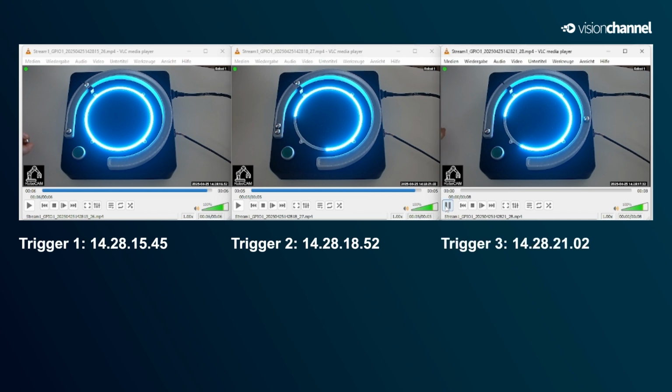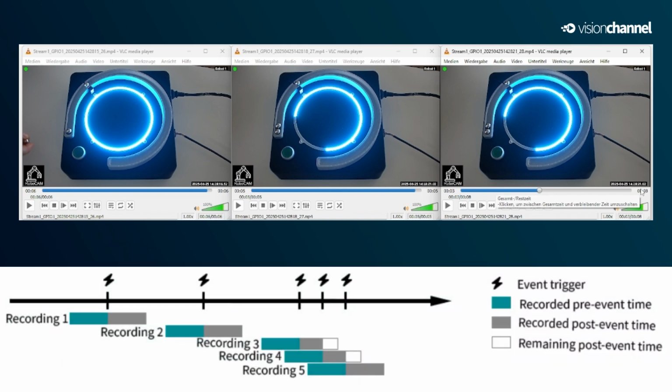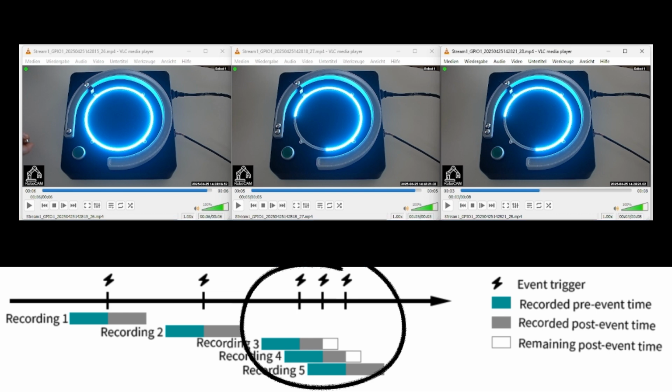And now, last one, recording 3 then shows the trigger time of marble 3 at the same time as recording 2. And then it records the full set 5 seconds post-alarm time till the end. With this recording behavior, a recording file is created with each trigger, even if events happen in close sequence. Even though the fast file changes result in shorter post-alarm times, no data is lost due to the overlapping time. This makes the UI Live cameras suitable also for monitoring very fast applications.